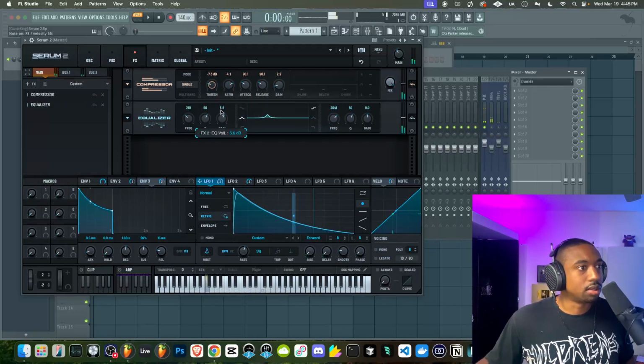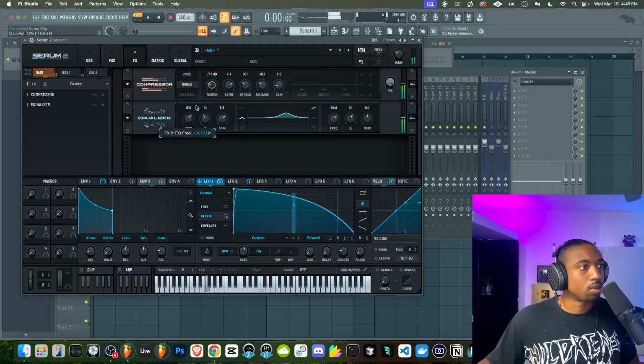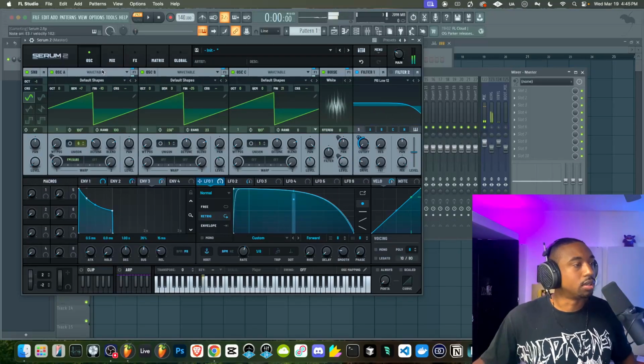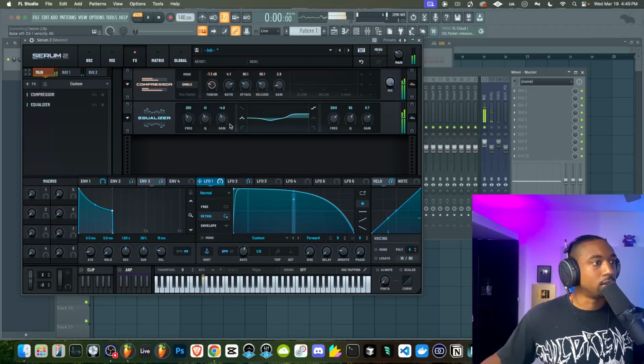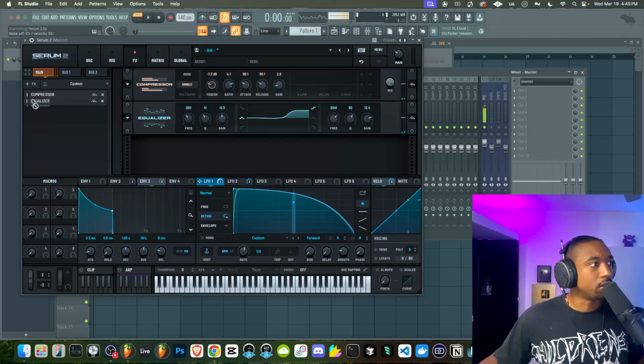Let's do a peak mode. Let's try to figure out where that frequency is. Okay, so it's definitely around 300. Somewhere around 300 to 250, so let's cut that. So again, normally I would separate that sound out, but let's just pull back the EQ a little bit. And we could also add the EQ before the compressor.